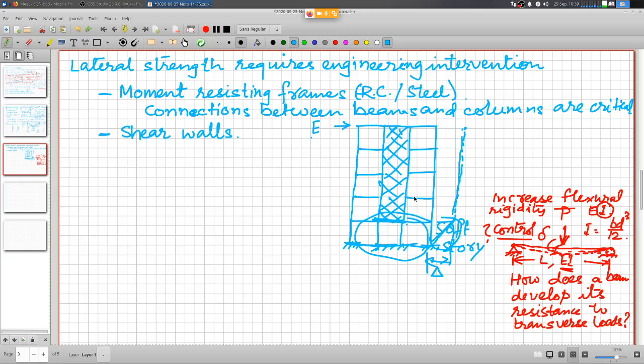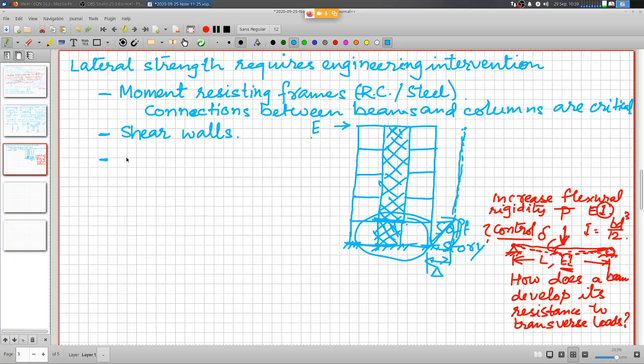are usually not accounted for, or the structural elements are not able to undergo or absorb this large deformation, and the entire thing collapses. The entire structure, I mean this floor will simply get crushed under the weight of the floors above, right? So shear walls are very good system, but care has to be taken that it has to go right at the foundation level, and the entire structure. The other care that you need to take is,